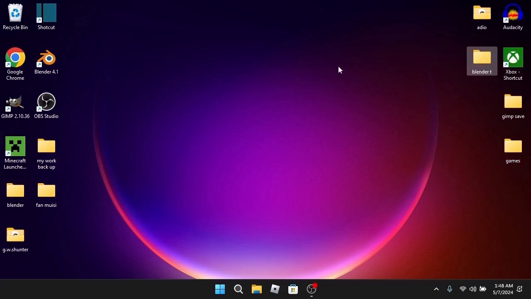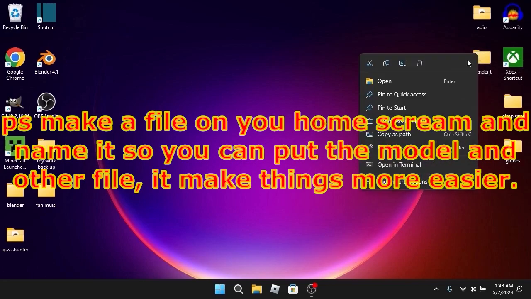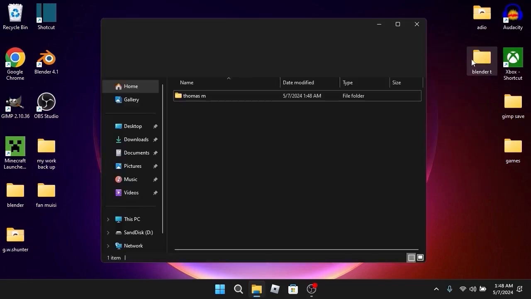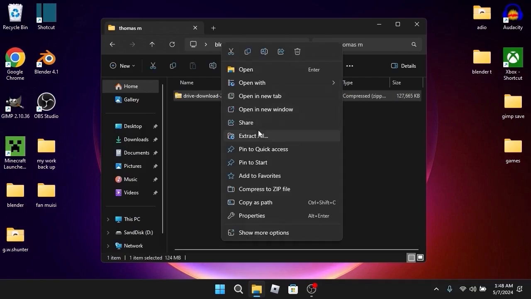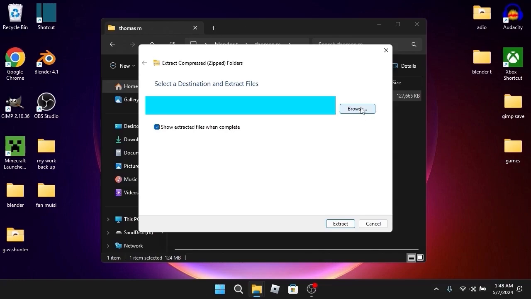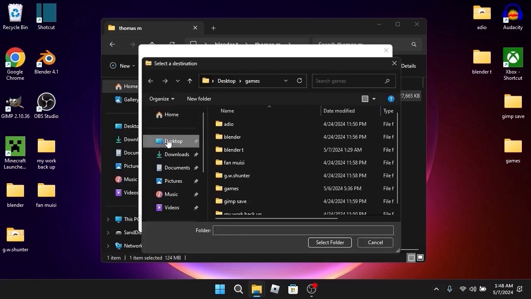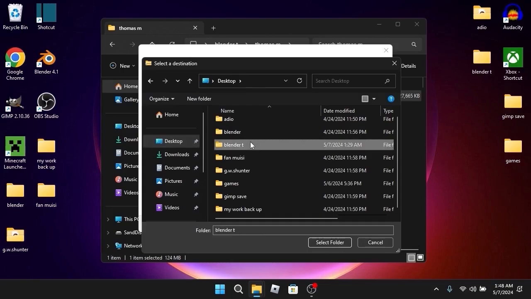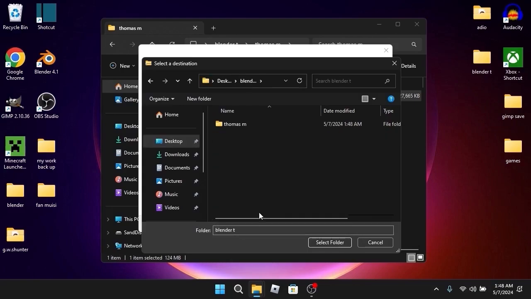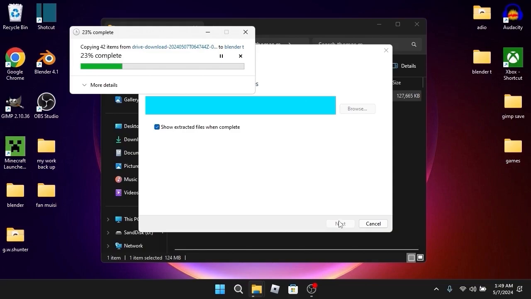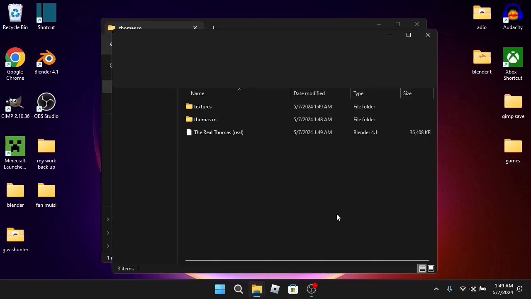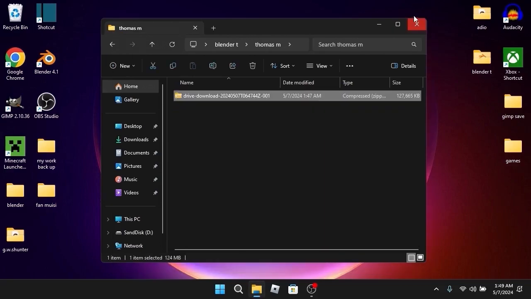Now, you're wondering, okay, so what do we do on this? Now, click on it and extract all. If you have zip or any other thing, then you're fine. But we're going to do it the normal way. Then just click select file on the main. Then press extract. Don't know why it gives you a second one, but